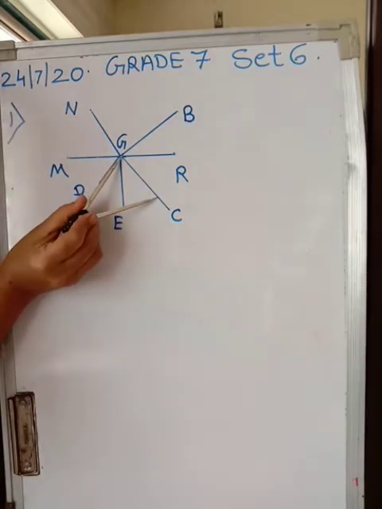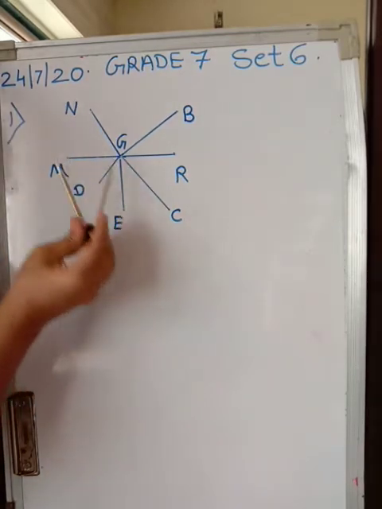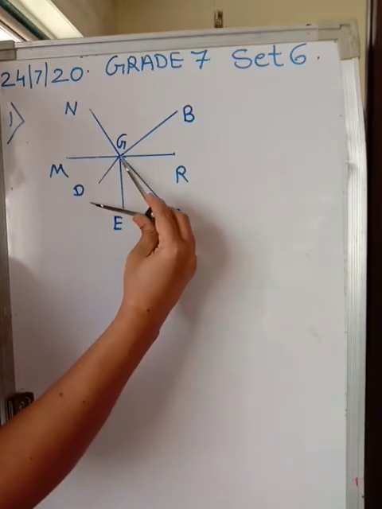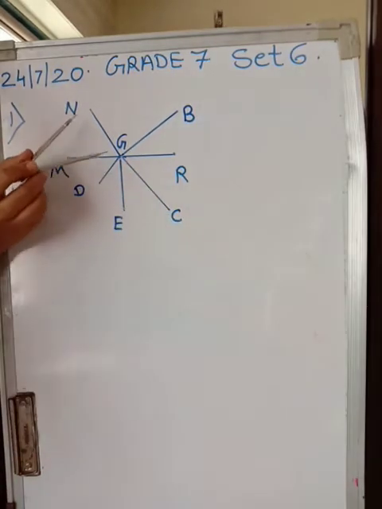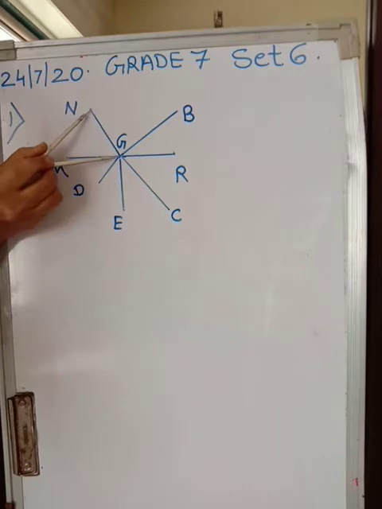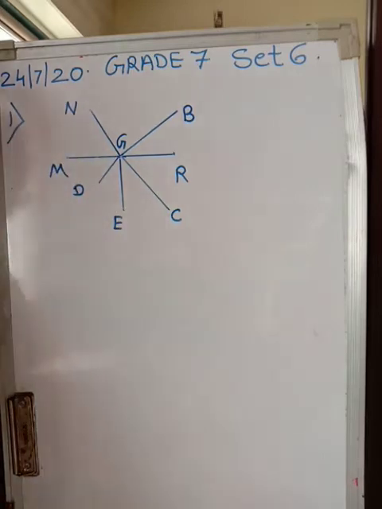No, this is a little bit bigger. GC is bigger. GD is very small. Let me check NG, N and G. See, this is also exactly the same. So we have three segments which have exactly the same length.